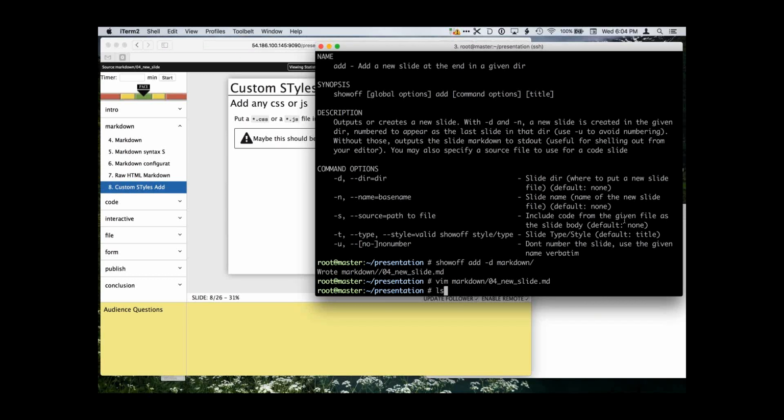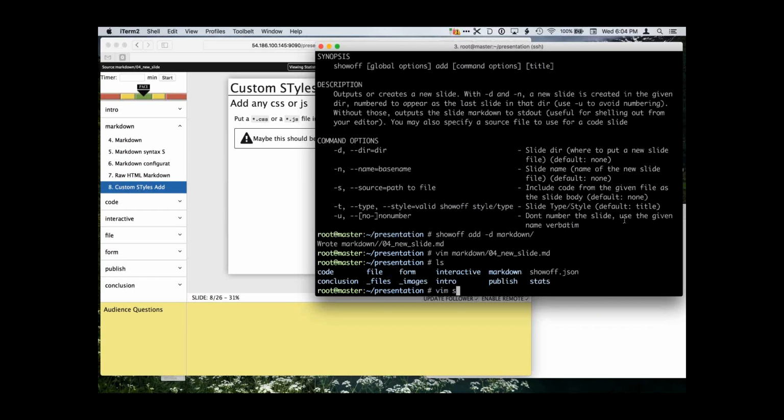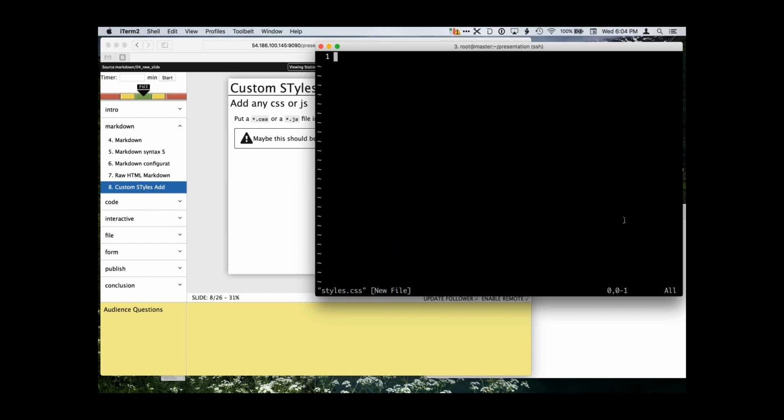So I'm in my Showoff presentation, styles.css, and I want to say foo, font weight bold, because that should be really big. And then call out warning. What's a good color to use?